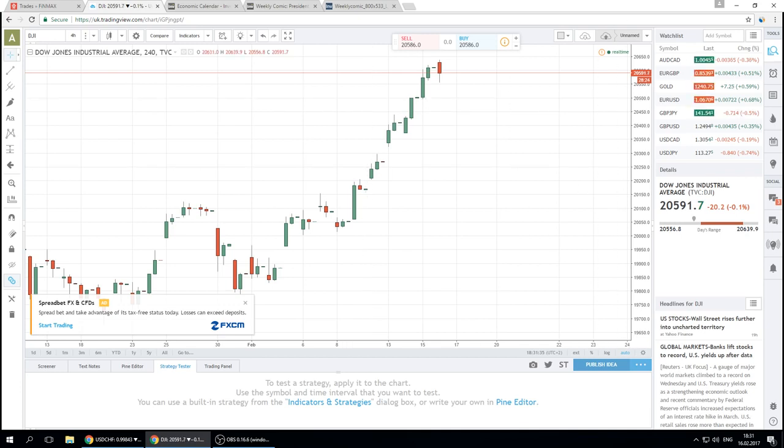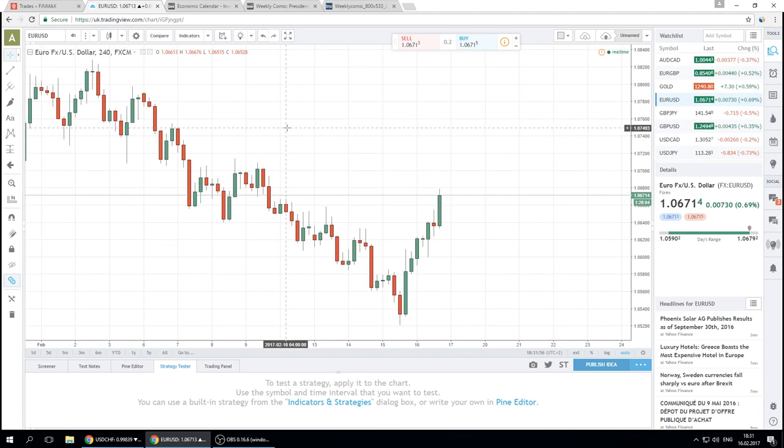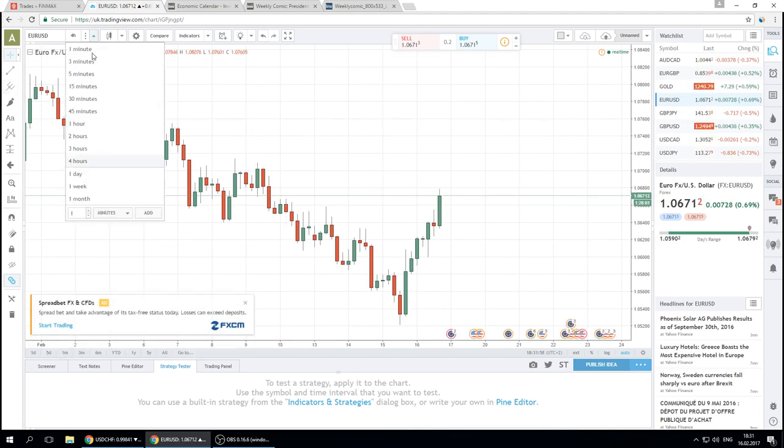So the previous time we spoke about trading using trend lines, and I would like to revise the information on that. If you remember, we spoke about trend lines, how to build them, how to use them, and how to trade on them. Let's switch to our most common currency pair, Euro USD. Each candle on our chart shows us changes in price for 4 hours. So today we can judge that Euro had grown,